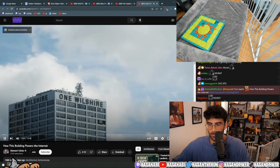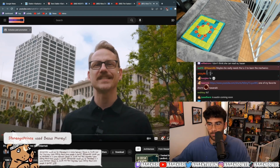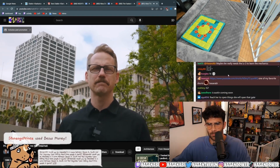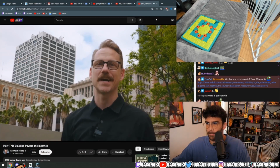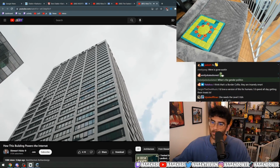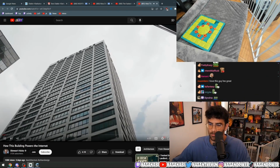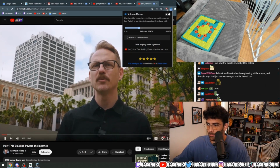Don't let its meager exterior fool you. This building is home to the most expensive commercial real estate in the entire United States. The building is known as One Wilshire Blvd, as you can see by the name printed on the top. Architecturally, it's a pretty nondescript 1960s office building designed by the firm SOM. While that firm does have some pretty amazing buildings to their credit, I think that most people would agree this